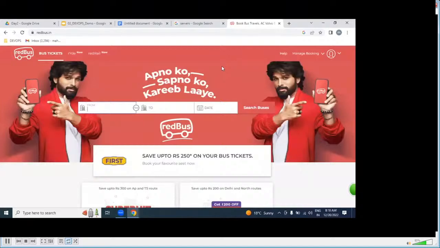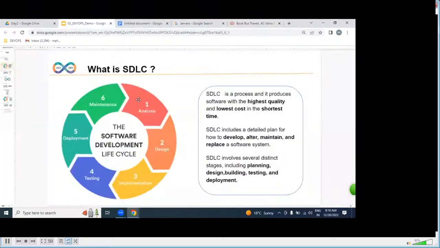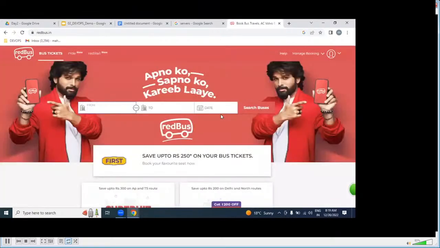What exactly is the business owner expecting? As a BA, business analyst, we gather information from the business owner, who is the client: how the login page, registration page and dashboard should be, which technology. Each and every piece of information will be gathered.